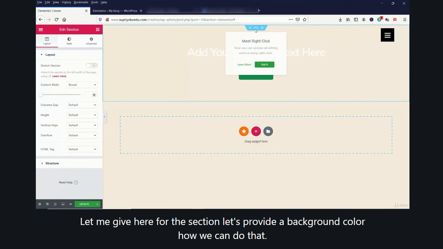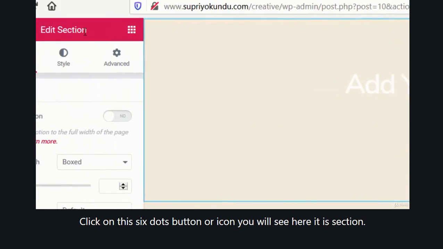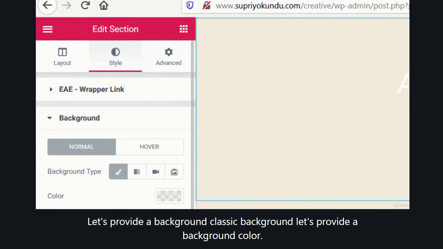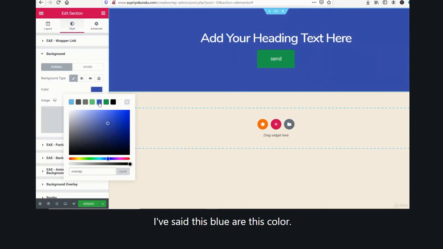Let me give here for this section, let's provide a background color. How can we do that? Click on this six dots button or icon. You will see here edit section. Let's go to style. Let's provide a background, classic background. Let's provide a background color of say this blue or this color. All right.